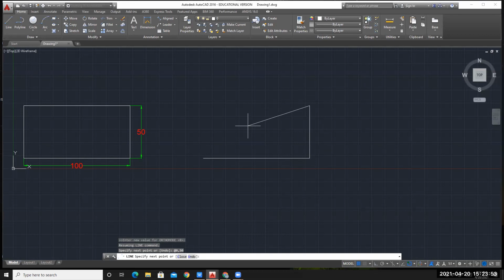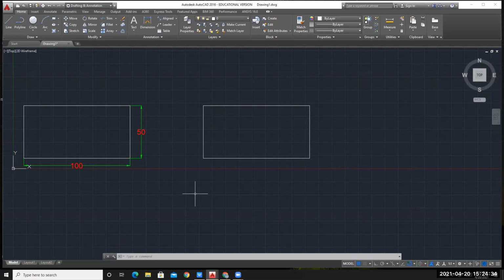Now coming to point D, at the rate, I want to move minus 100, comma, Y is 0. And then you can close it either dynamically, or if you want to go with coordinate values, it will be at the rate, in X direction you have to move minus 50, comma, in Y direction you have to move 0, comma, Y direction is minus 50. Is that correct? So this is your rectangle; we have drawn that same rectangle with that same dimension.